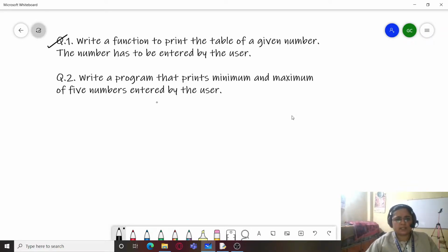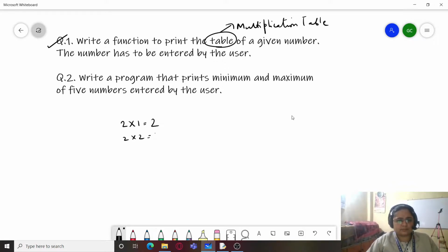So the first question says you have to print the table, which is actually the multiplication table of a given number. And you have seen many a times that we have multiplication tables written in this way, and so on up to 10.